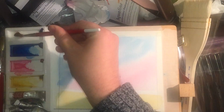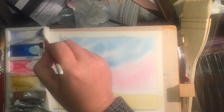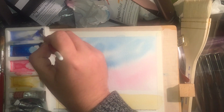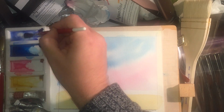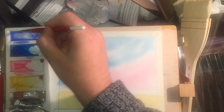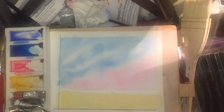So again, wetting my brush, picking up a little bit of ultramarine, mixing it in. I'm not worrying about that little bit of phthalo blue creeping over. It won't matter. And an important point when you are mixing is to add little by little, because you can always add more, but it's really hard to dilute. So I've got a reasonably dark blue there, that's ultramarine. I'm just going to rinse off that brush,